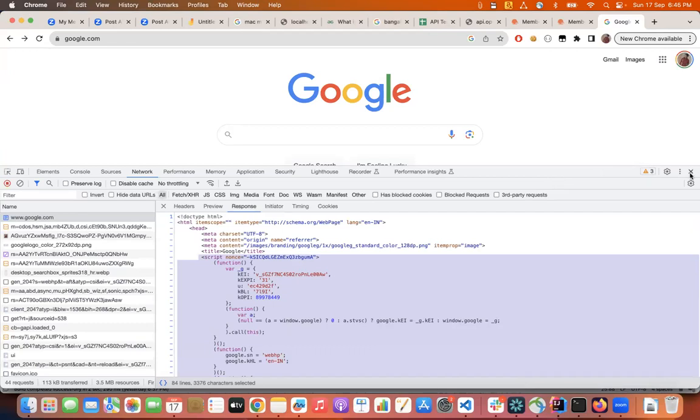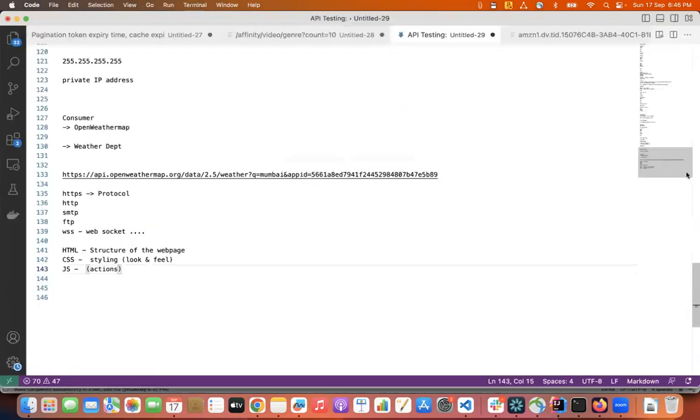I hope that point is clear. Now coming back to our section, we understood what a protocol is. Protocol is something which is defined by the server, and we'll be able to access that content by defining the right protocol, followed by what is this? So we understood HTTPS is the protocol, and